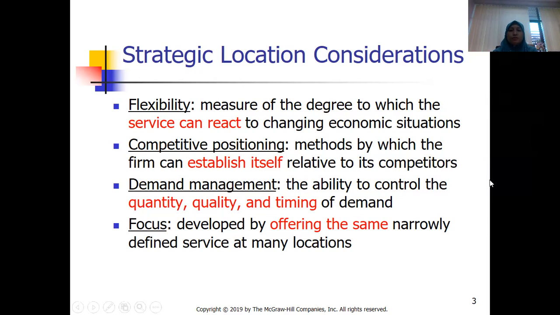So when it comes to this flexibility, it means that the service organization has to be ready and able to adapt to any changes related to the external environment. And then we have also competitive positioning. So competitive positioning is more about looking at methods of how the service organization or firm establishes itself relative to its competitors. How it makes them different